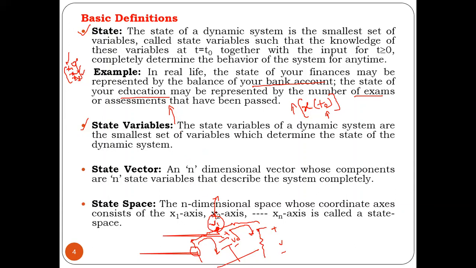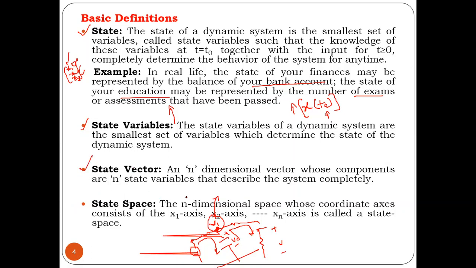But if you talk about them separately, V1 is a state variable, VC is a state variable. Similarly, any number of state variables you can take from the circuit, but we should optimize them. If any variable gives the same information which is already described by other state variables, that respective state variable can be neglected. So one variable will give some unique information about the system. And